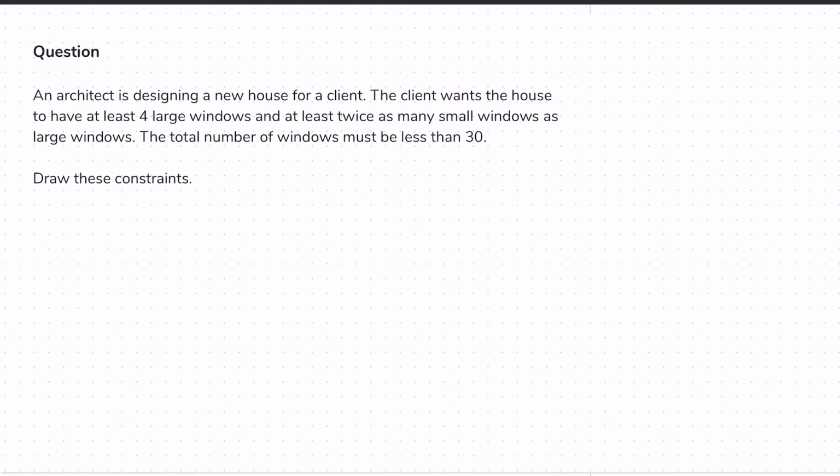All right, in this harder question, what we're going to have to do is first of all do a little bit of translation. And any time that we have to do this, I like to begin by naming my variables. So an architect is designing a new house for a client, and the client's got some demands, right? They want the house to have at least 4 large windows. So it's going to have some number of large windows. So we're going to go L is the number of large windows,